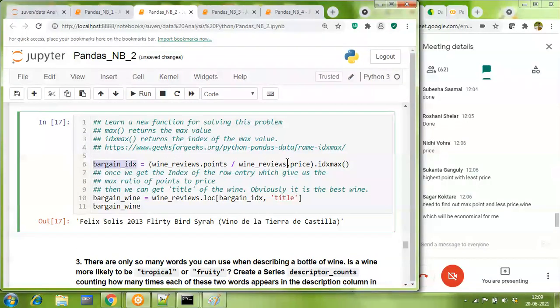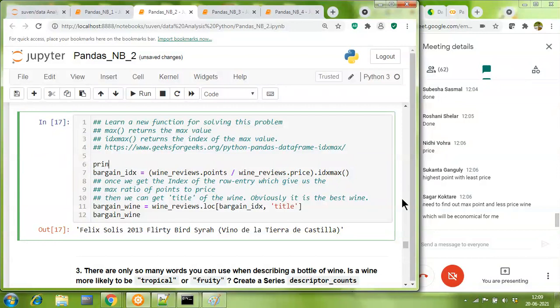If you're still getting confused, let me do one thing for you. Let me just put this over here in a print statement and remove the idxmax. I'm just getting the max value, and I'll keep everything else commented so that we avoid confusion.